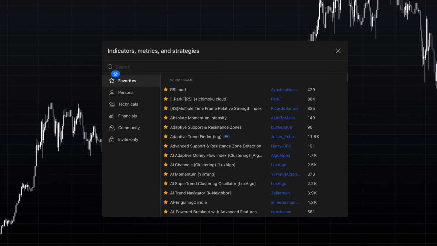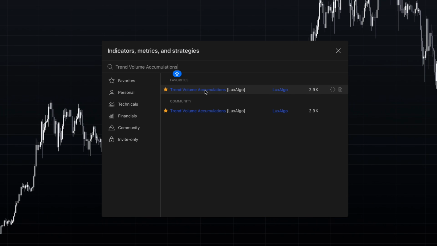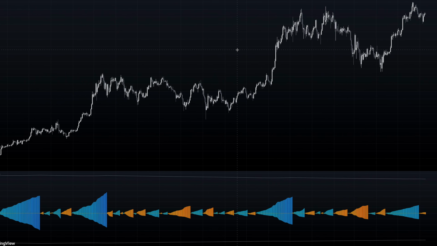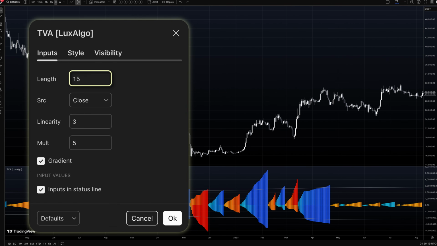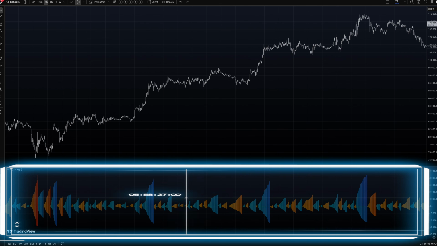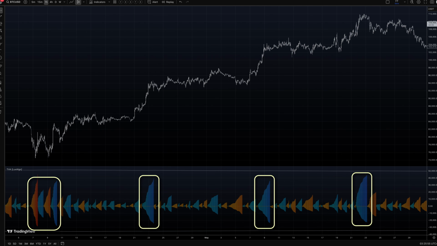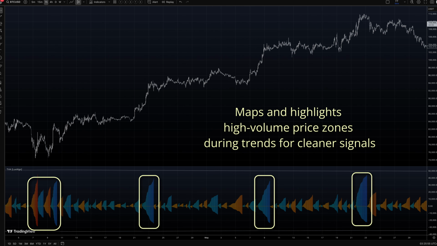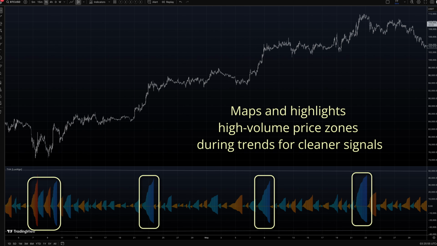Created by LuxAlgo, the Trend Volume Accumulations indicator identifies areas of interest based on the relationship between price movement and volume clustering. It scans recent candles using a configurable look-back period, measuring how price and volume interact to highlight zones where accumulation or distribution may be forming. These zones appear as shaded horizontal areas on the chart. The tool maps price levels that historically attracted significant volume during trending conditions. It applies a smoothed interpretation of price data over the selected length to generate cleaner zones, reducing false signals caused